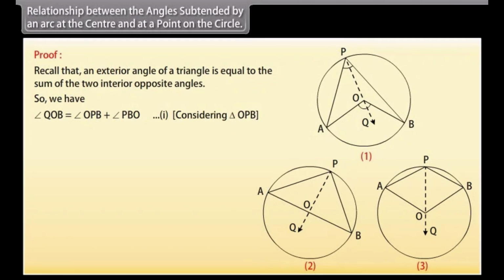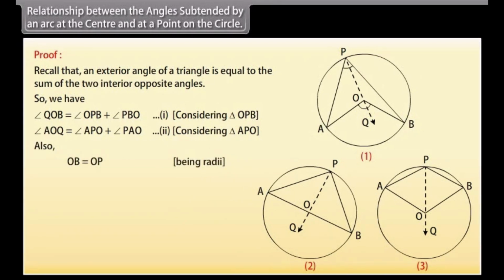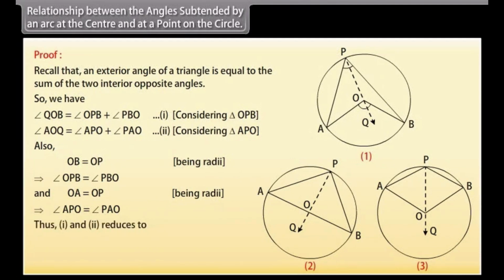1. Considering triangle OPB, angle AOQ is equal to angle APO plus angle PAO. 2. Considering triangle APO, also OB is equal to OP, being radii. Angle OPB is equal to angle PBO, and OA is equal to OP, being radii. Similarly, angle APO is equal to angle PAO, thus 1 and 2 reduce to angle QOB is equal to 2 into angle